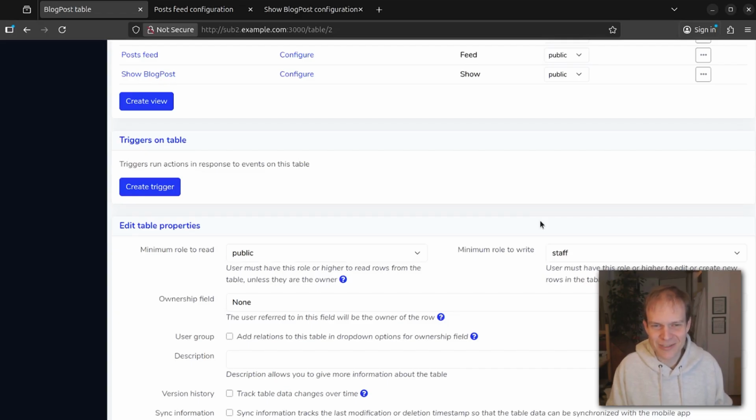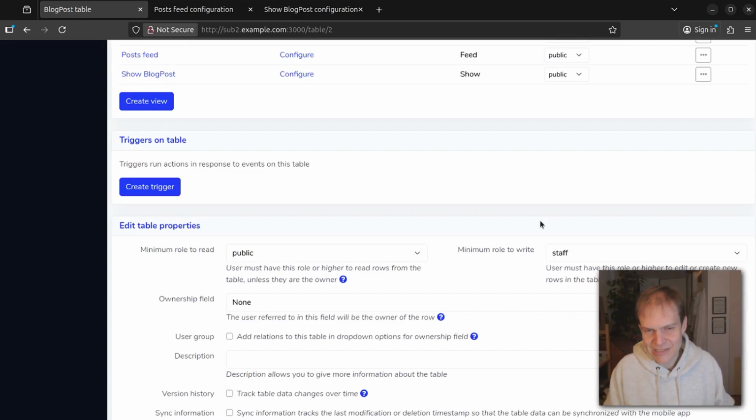We need to be able to say that a partner can create and edit their own blog posts, but not everybody else's. And this is where we go to the next system for authorization, which is only slightly more complicated. And this is the ownership field